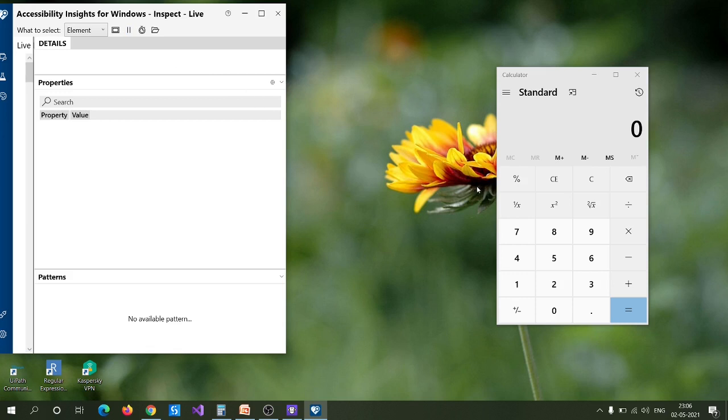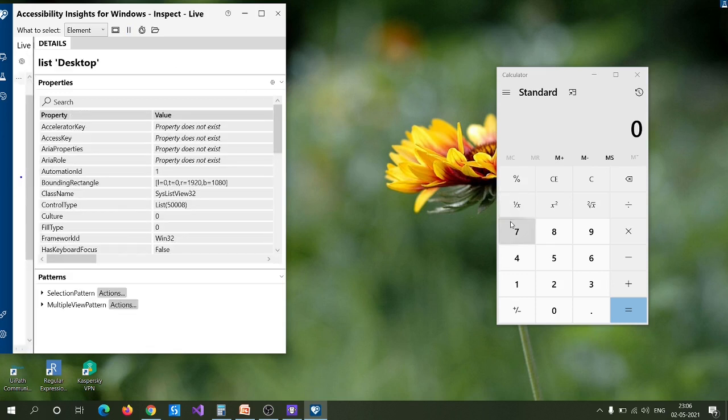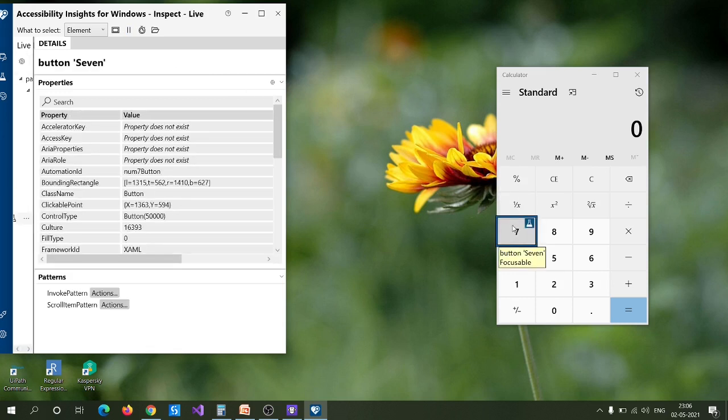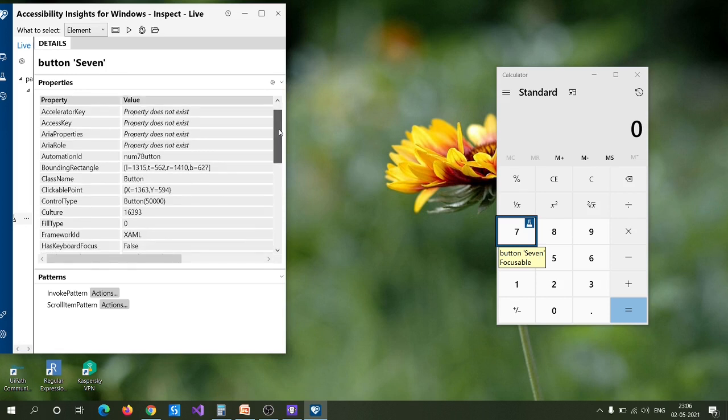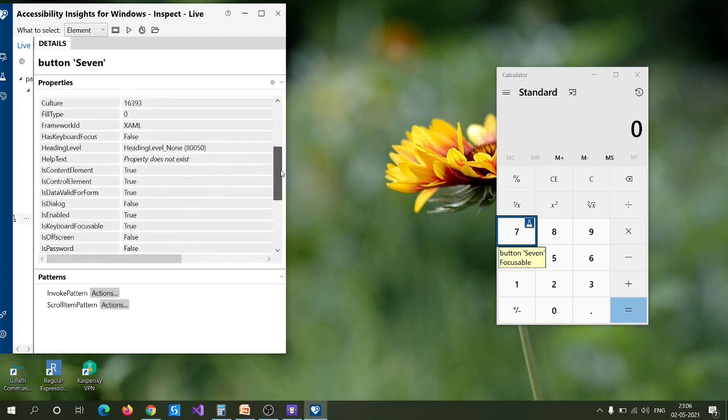If you go to any UI element, you can see that whenever I focus on any of them, some properties are generated here. Let me pause it to see the properties correctly. You can see there are a lot of properties present here: accelerator key, access key, area property, area role, automation ID, and so on.